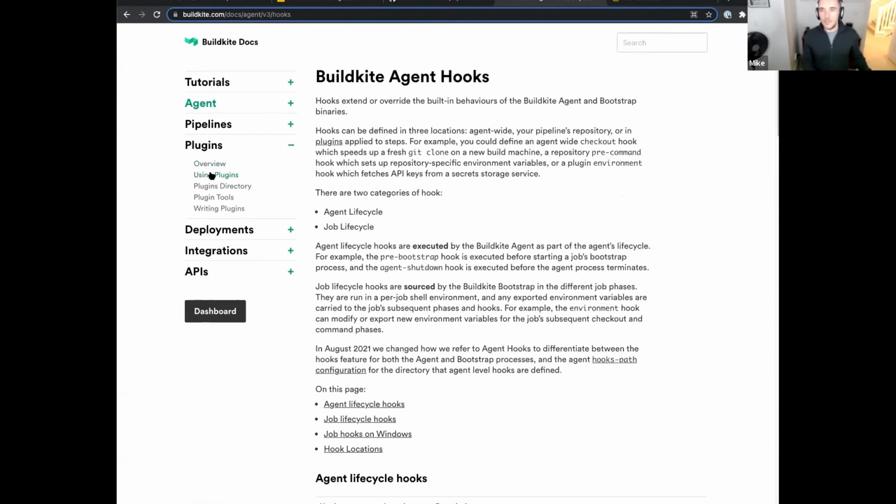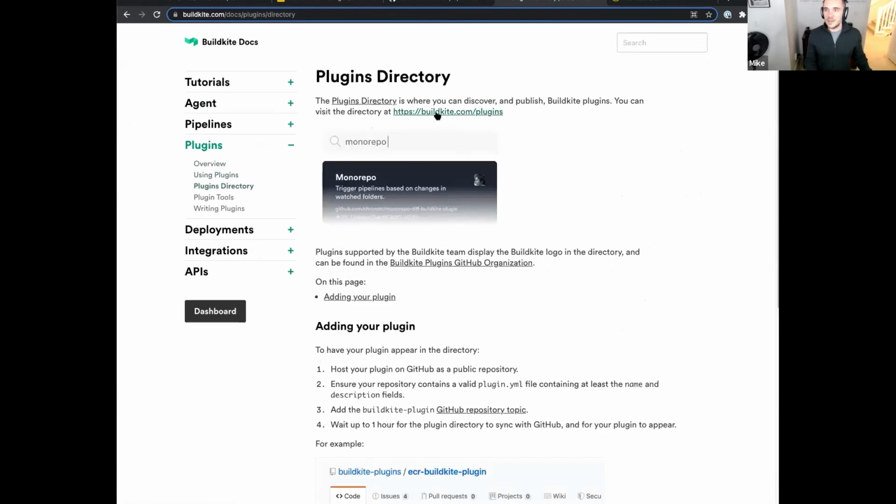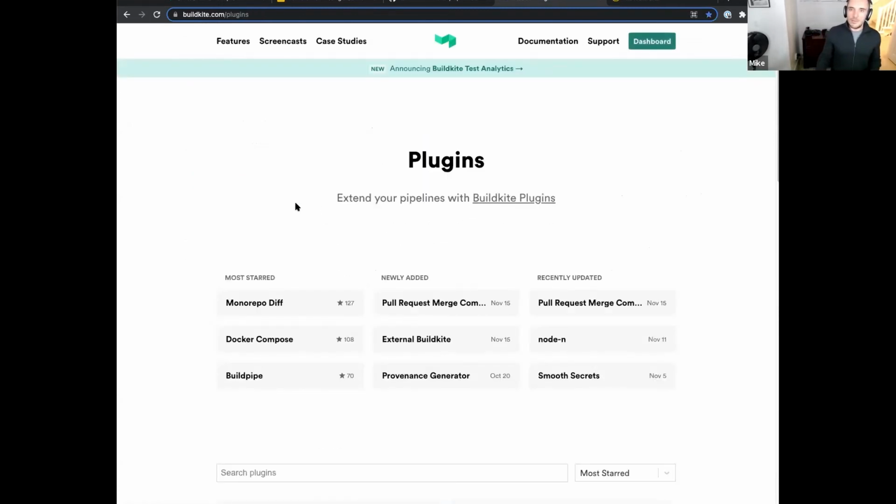So I just go here, plugin directory, lovely. Because the plugins are basically Git repositories, everything is open. Everything's versioned. You know exactly what the plugin is going to be doing. It's really easy to read and understand. It gives you the ability to fork or host your own plugins yourself. And you can even put strict controls around exactly which plugins are going to be allowed to be used in